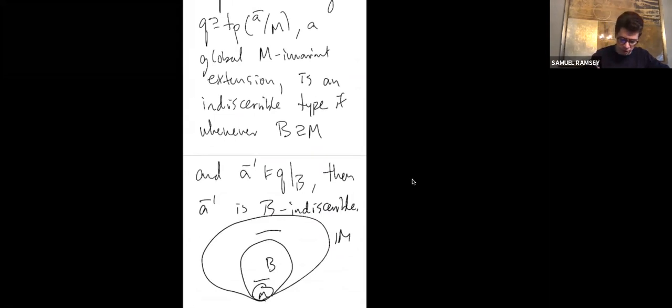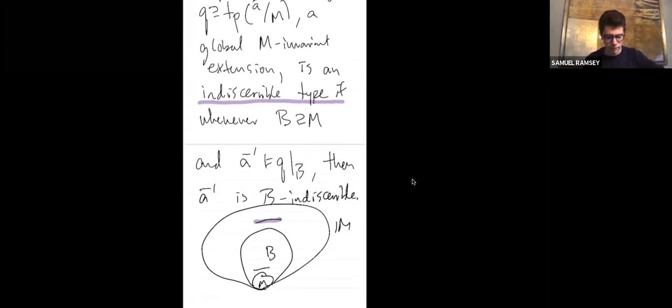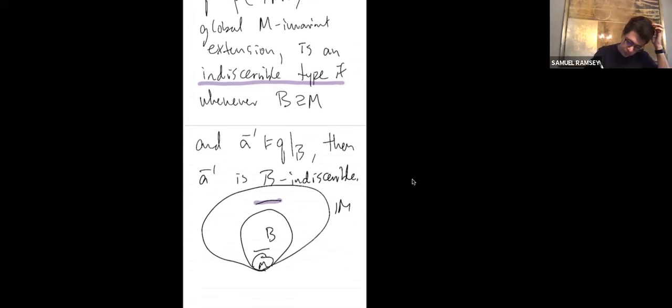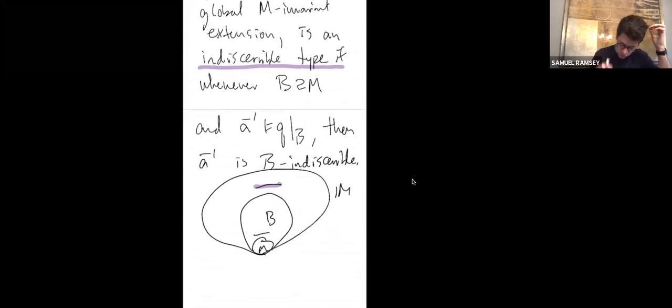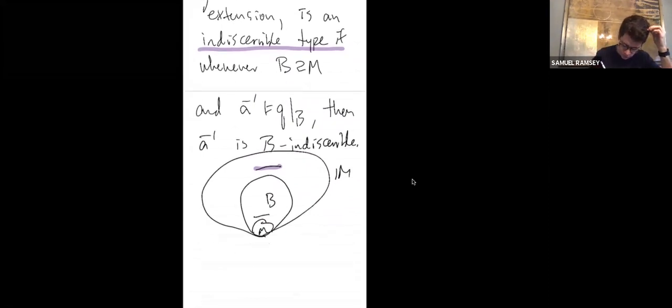So the definition here is that of an indiscernible type. The way you should think about it is it's just a type that generates indiscernible sequences. If I realize it over any set, I get an indiscernible sequence over that set, which is useful. Okay, cool. So that's one notion. And then the second notion is a